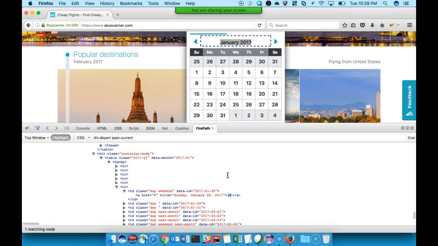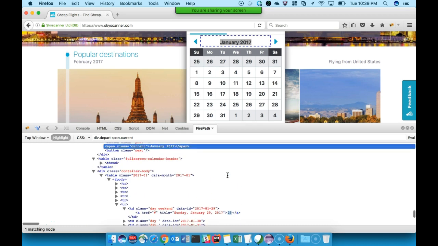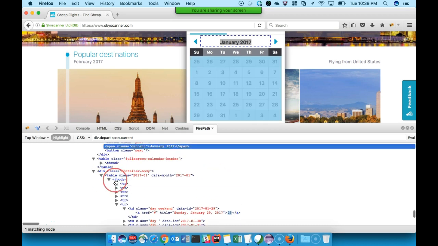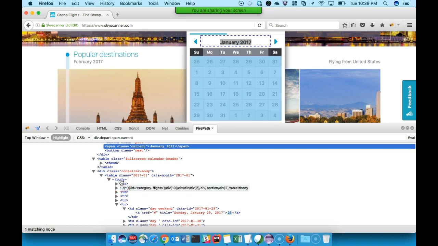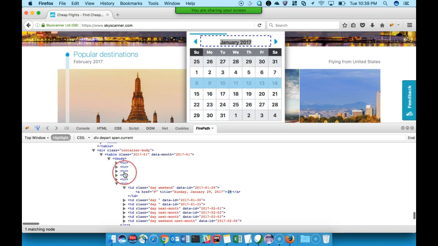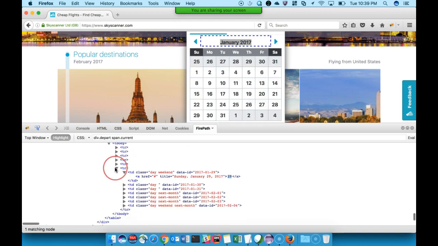So what I'm going to do is, from the parent object over here, I'm going to treat this table body as parent. Okay, when I'm taking the cursor on that, you can see the table body got highlighted over there. From this table body, I'm going to take the collection of all the rows and all the table data, specifically table data tags, whatever are there.